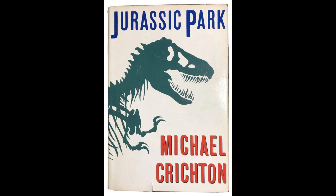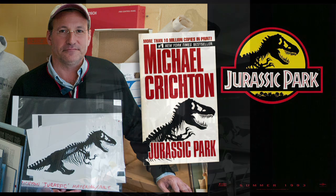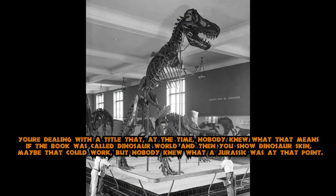Now, why is that? Well, according to 26-year-old Chip Kidd, the man who is the designer behind the Jurassic Park logo, as you can see right now in the novel, he said when he heard the term Jurassic, he thought it was something very abstract. Nothing really caught his attention, because obviously not many people know what Jurassic is unless you're a paleontologist. Now, I'd like to find that logo by itself. I think it'd be really cool to have that as just a copy on the wall. But Chip Kidd went to the American History Museum, I believe, in New York, and he says,